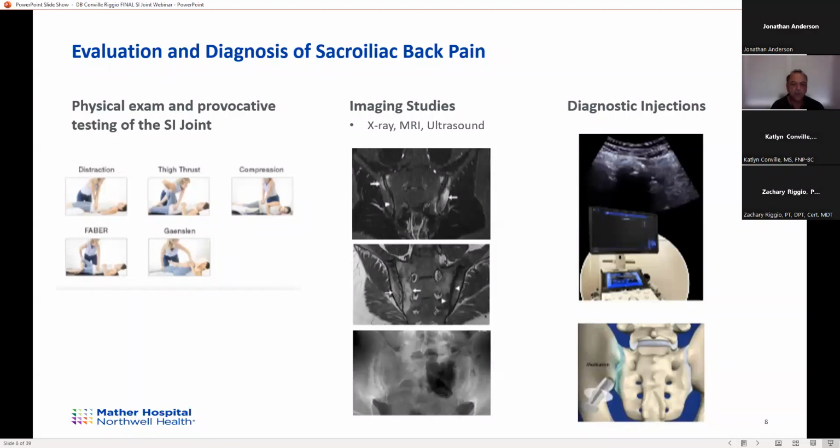If you look at the MRI picture over the imaging column, you can see the arrows are pointing to a whitened area. Now, you can see the sacrum in the middle of the picture. You can see the black ilium on the outside of the pictures, and the arrows are pointing to inflammation, or the white area, which we call marrow edema, is inflammation in the sacroiliac joint. Below that picture, you can see another picture on MRI showing white inflammatory changes around the sacroiliac joint. The joint is that black thin line between the sacrum and the ilium, and the arrows are pointing to inflammation